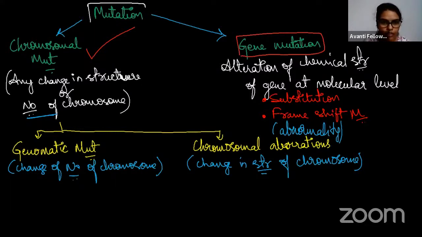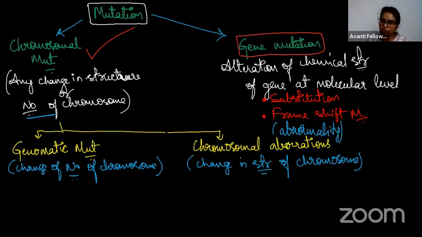So here I have taken some PPT of the last class. मतलब मैंने पहले previous classes में ये part करवाया है mutation का. उसमें I had given very detailed explanation. So from there I have picked the PPT so that I will give you a clear understanding of this. Okay. So now we will look at the question point of view, but I'm giving this as a note. You can refer to it later onwards. Okay. So mutation के दो types. There are 2 types of mutation. The first type is chromosomal mutation and the second type is gene mutation.